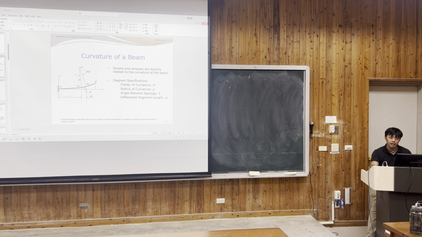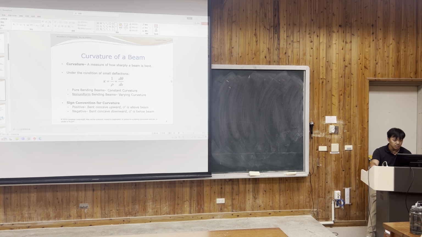It's the radius times the d theta, right? So this is the basic of the curvature. What is a curvature? This is not only for a beam. It's for many other engineering stuff. They also use the same definition. So for the curvature, just as I say, how to calculate,